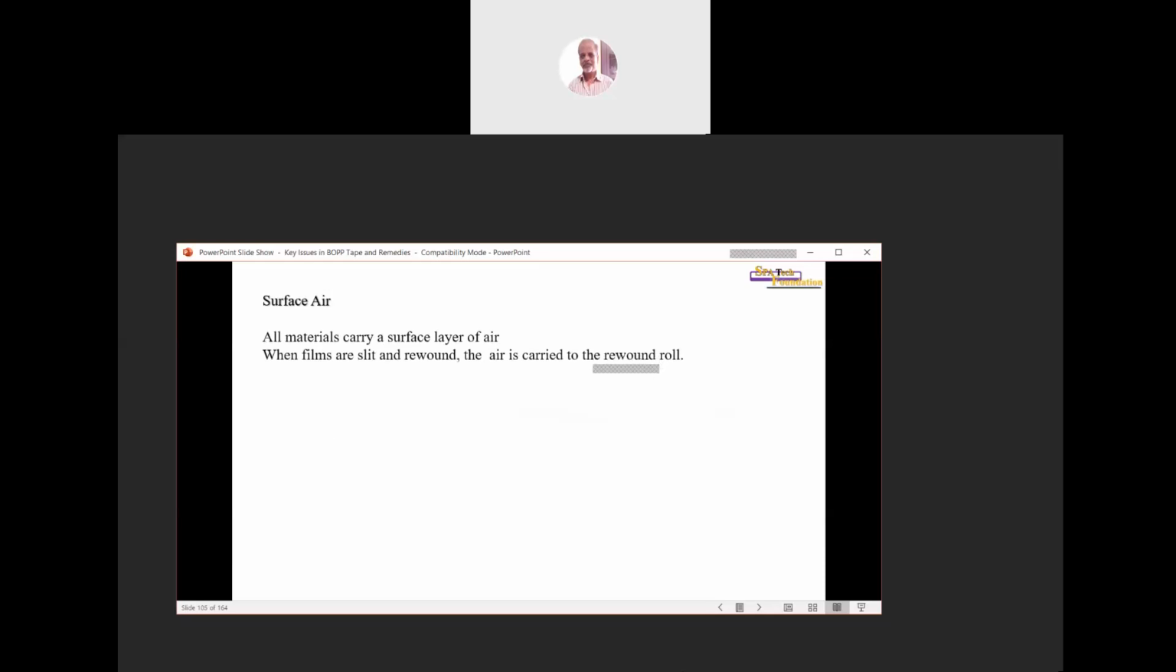Surface air. All materials or coated films carry a surface layer of air. When the films are slit and rewound, the air is carried to the rewound roll. At low speeds, the layer of air can escape at the ends of the slit rolls without causing problems in winding. At high speed, air is wound into the roll. This can result in air acting as a